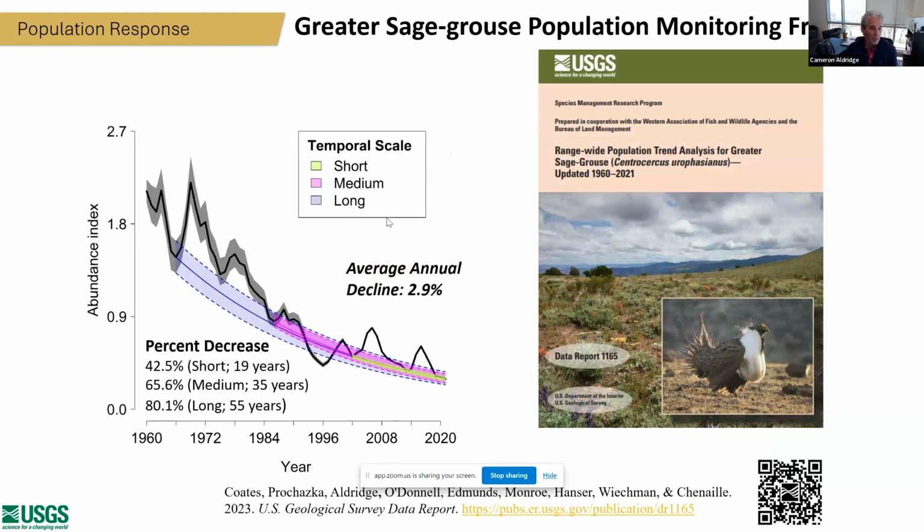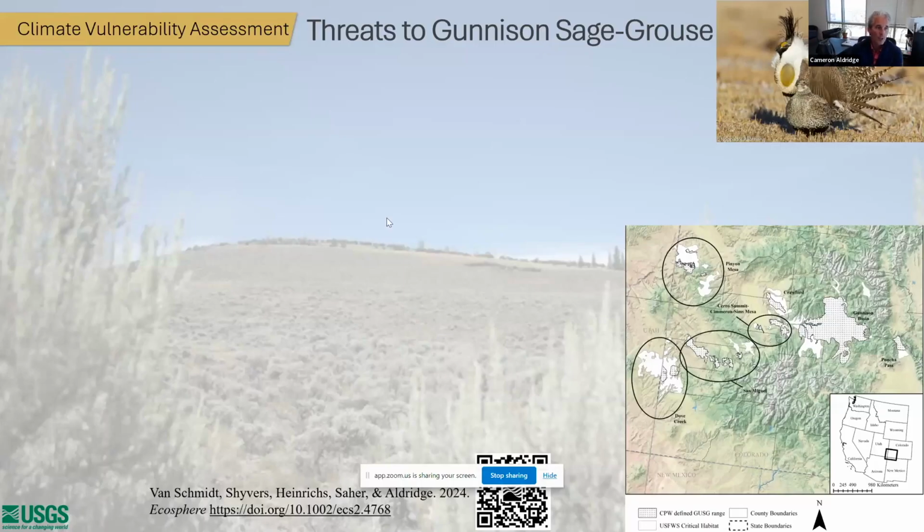We've characterized all of this in a large monitoring framework. I won't go into details here, but just to show that we can model trends and patterns in those trends across the entire range, across distinct population units. And what we're doing right now is assessing a variety of different factors that may be related to those population trends, including climatic conditions. So I'm going to switch right now and talk a little bit about Gunnison sage grouse